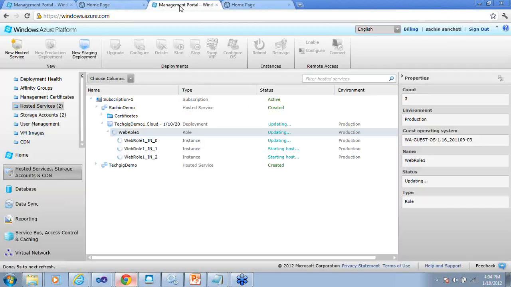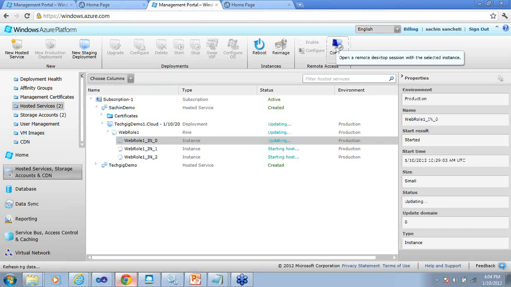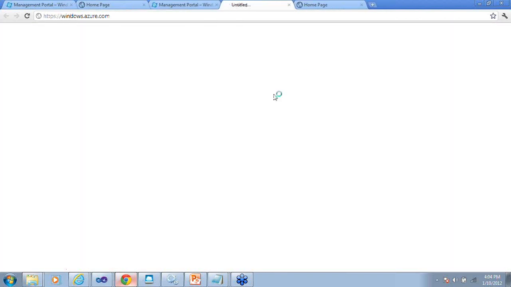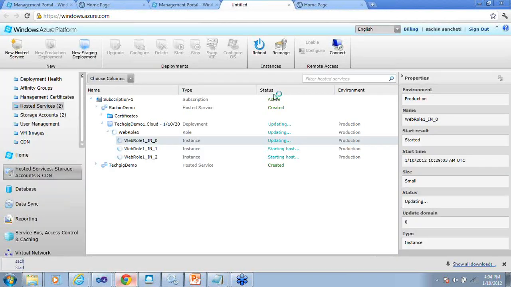Very simple. Now, last part, I just wanted to show you the remote desktop. So if this is my virtual machine, you remember when I was deploying to Visual Studio, I enabled the remote desktop. I want to see something logging into the virtual machine. So I select this, connect. This is going to help me open, connect. Okay.